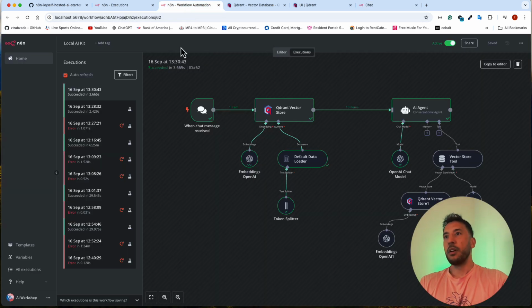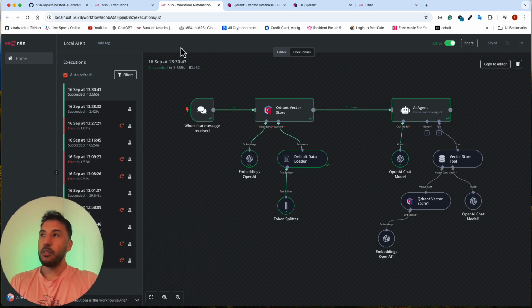All right, well, hope you found this helpful. Again, this is a very cool way to run everything locally through your machine and use all the open source models, because again, all of this is free, right? Because the Qdrant vector database, that's free. We're locally hosting n8n on our machine, that's free. We're using all these local Llama embeddings, or we're using Ollama to be able to interact with all these local open source large language models. That's also free. So it's very, very powerful because it's combining all these tools together.